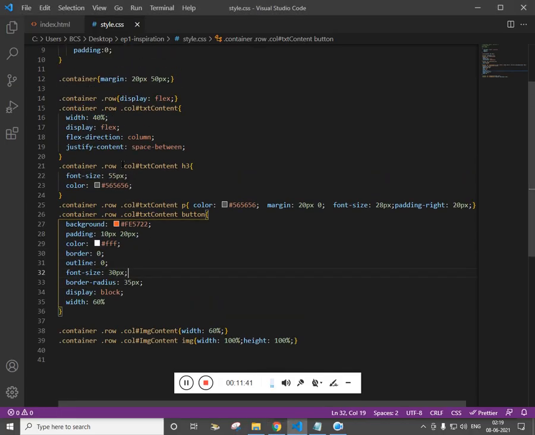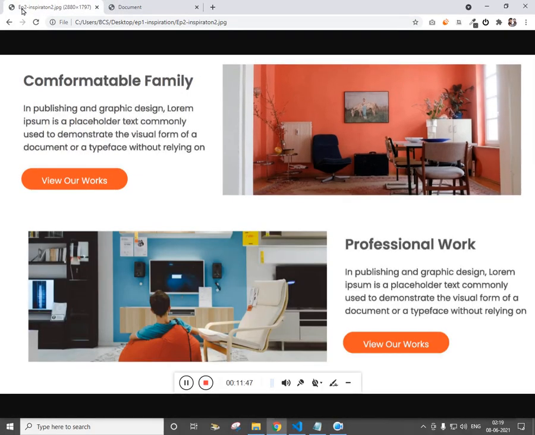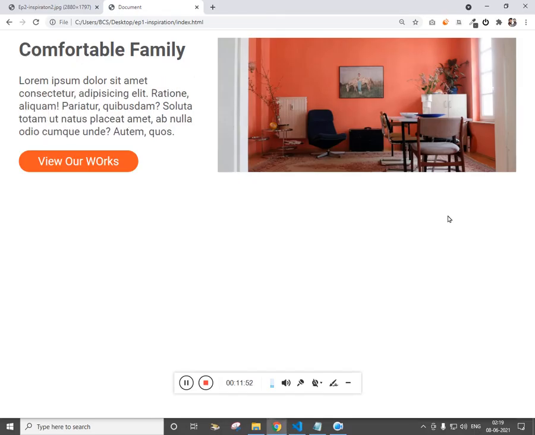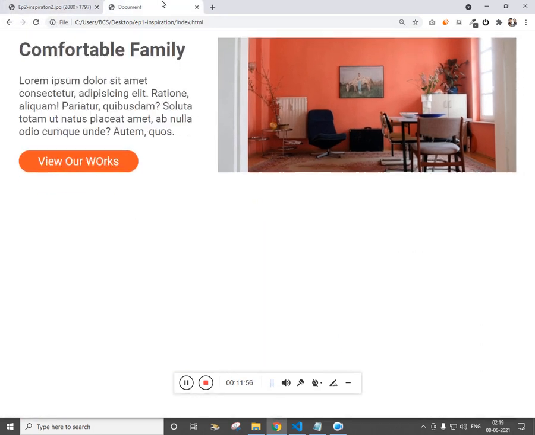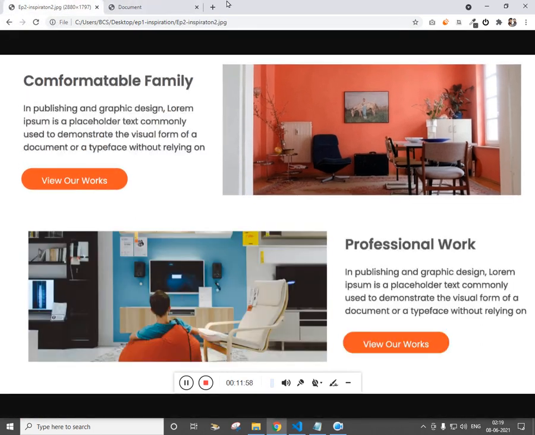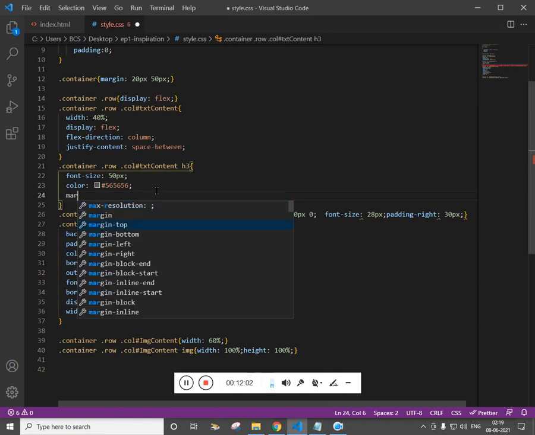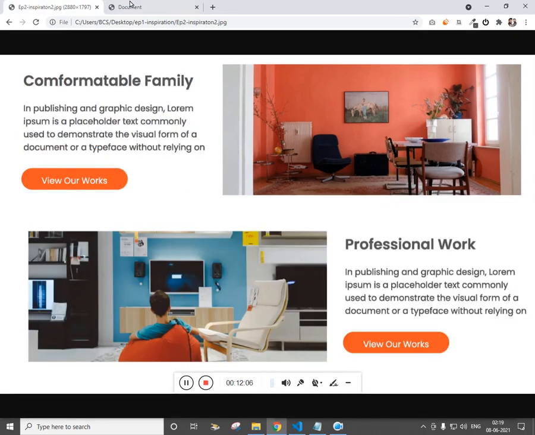I want to reduce the font size. And padding right 30. So almost there. If we add a margin top for the heading, and cool.